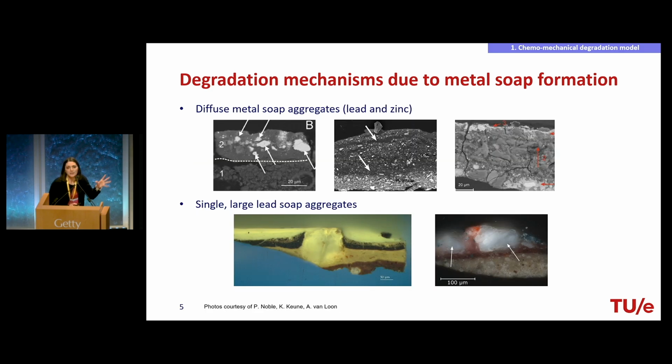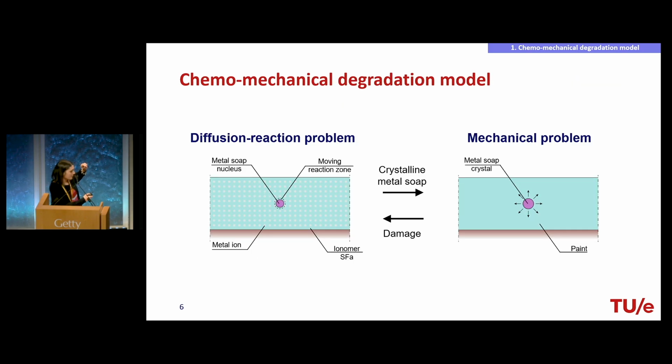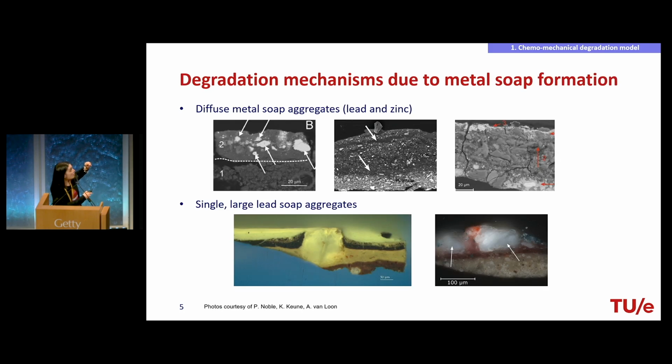The point is that this phenomenon is not new. Conservators have observed this, I would say, for at least the last 30 years. These are some nice images of cross-sections. You can see that there are different possible configurations. For instance, we may have either a more diffuse type of aggregates that may be either of lead or zinc, but also when we have zinc lead particles, we have very large aggregates. You can see the scale here, 5 micrometers, and this one, 100 micrometers. So these are pretty large particles.